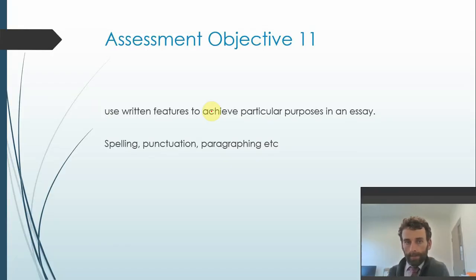So I hope that is useful to you to know exactly what the assessment objectives are, to know what the external assessment marking guide is, so that it won't be a surprise for you on the day, although you don't get the EAMG in the exam anyway. But at least you know what you're being marked on.